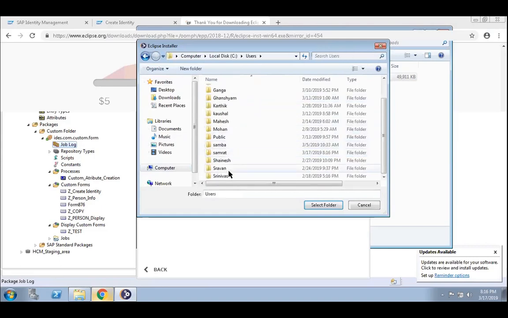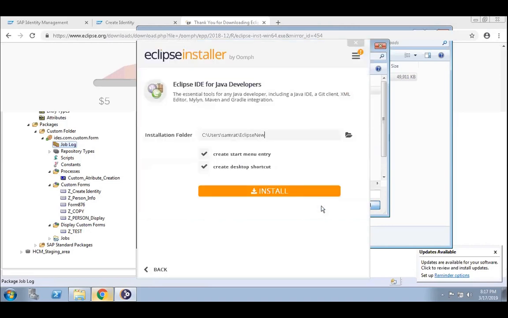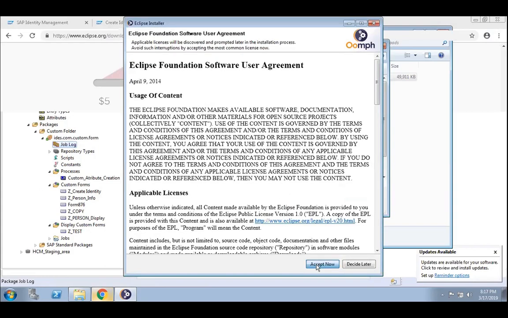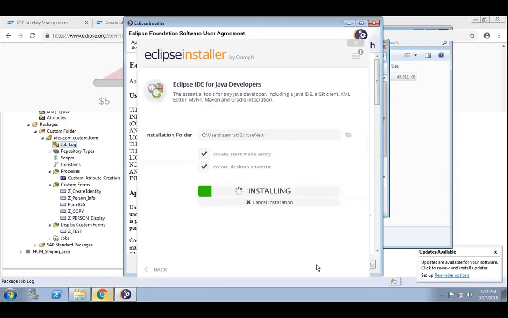On your desktop, create a folder, something like Eclipse new. Start the install. It might take some time. No, the internet is very fast, it will go quickly.